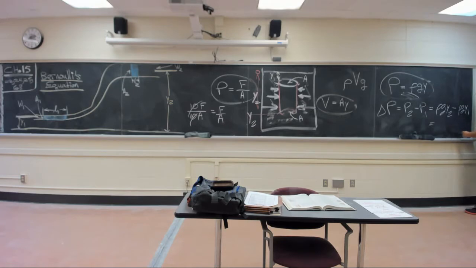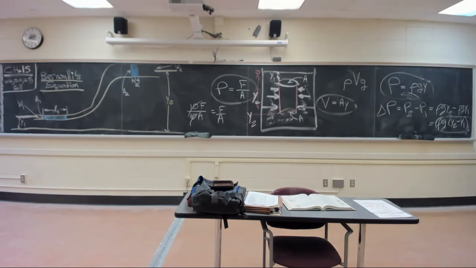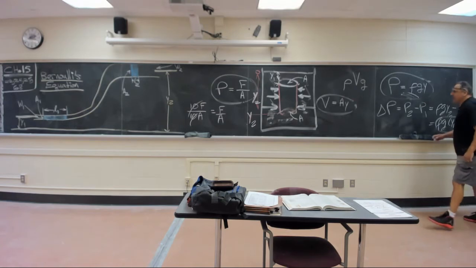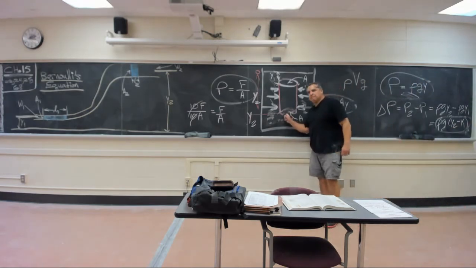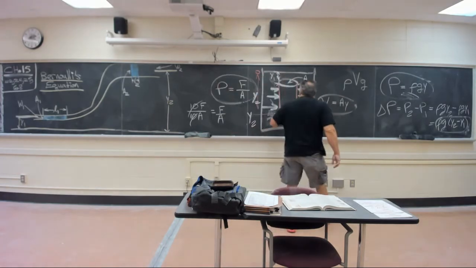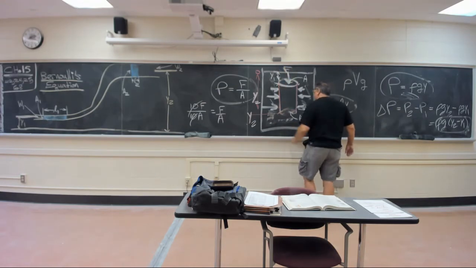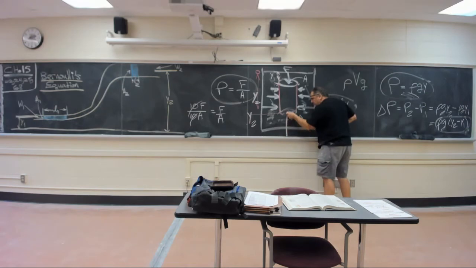Let's see what we can say here about this whole thing now. We say rho g (y2 minus y1). So what's going on here? Well, yeah, there's more pressure on the bottom because it's at a deeper depth than there is pressure on the top. That means there is a force pushing down, and that's manifested in a number of ways. And there's a bigger force